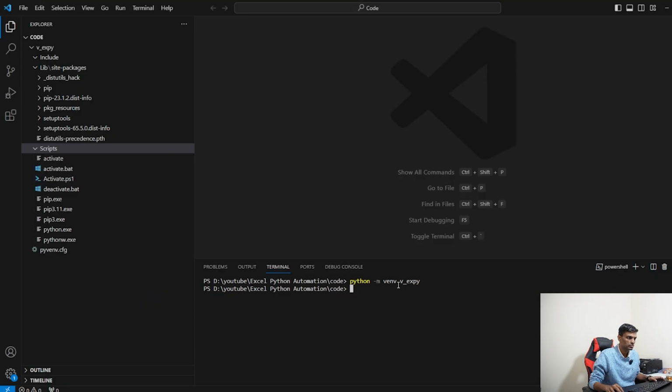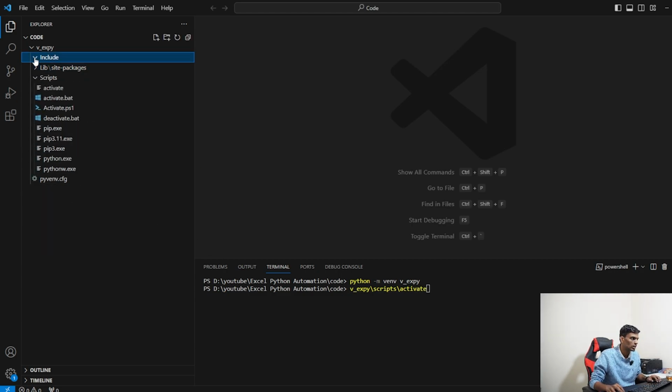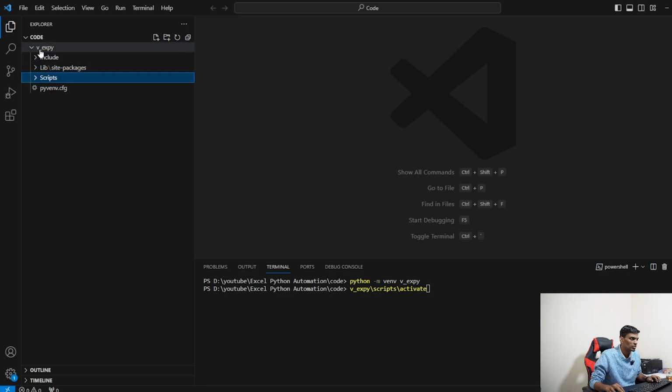So let's say v_expy scripts activate. Why I'm writing it so? Because this is good to understand. So basically you have v_expy. So expy is Excel and Python, our project name. And within this whole virtual environment, you can have multiple projects, right? And then within this, we have scripts, and within scripts, you have activate and deactivate. So this